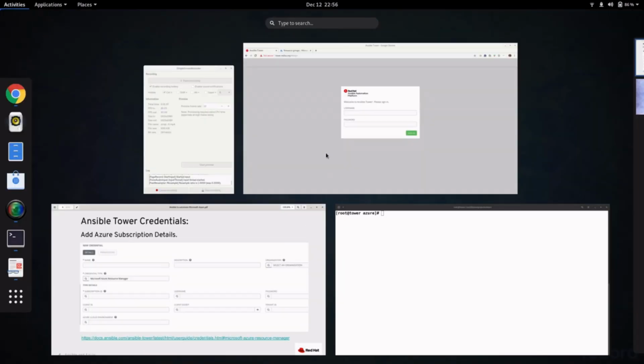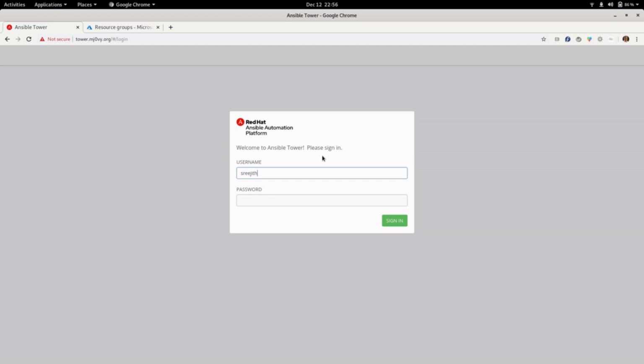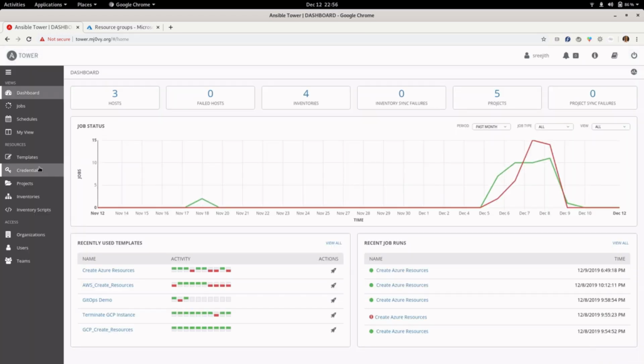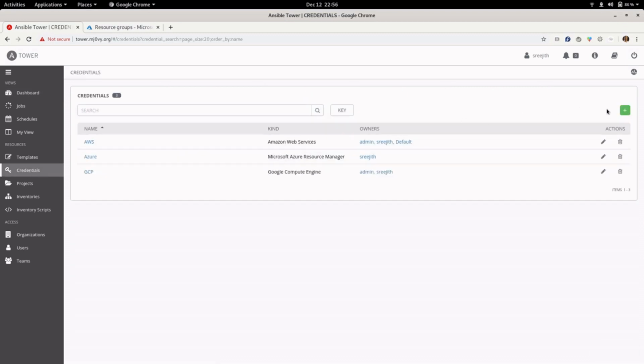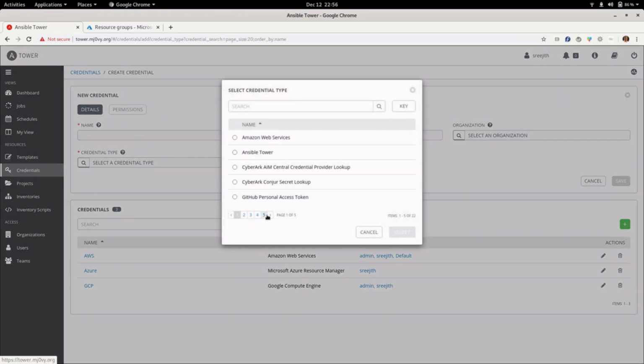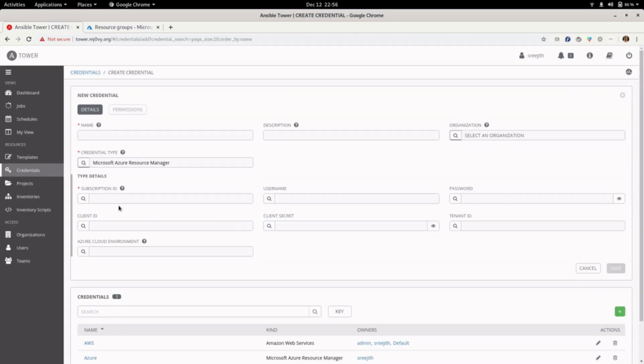So if I log into my Ansible Tower, let's see how we can actually create the Tower credential. Go to Credentials, click on Create New Credential and choose the credential type as Microsoft Azure. You see Microsoft Azure Resource Manager here.